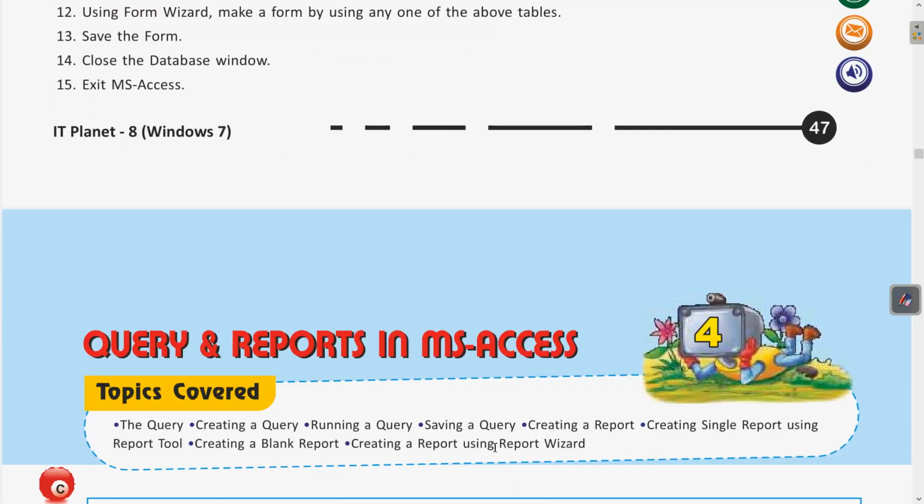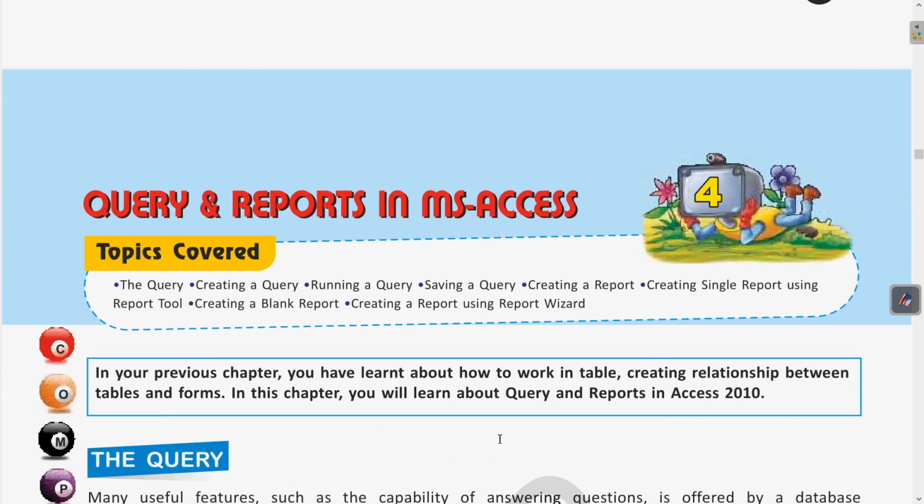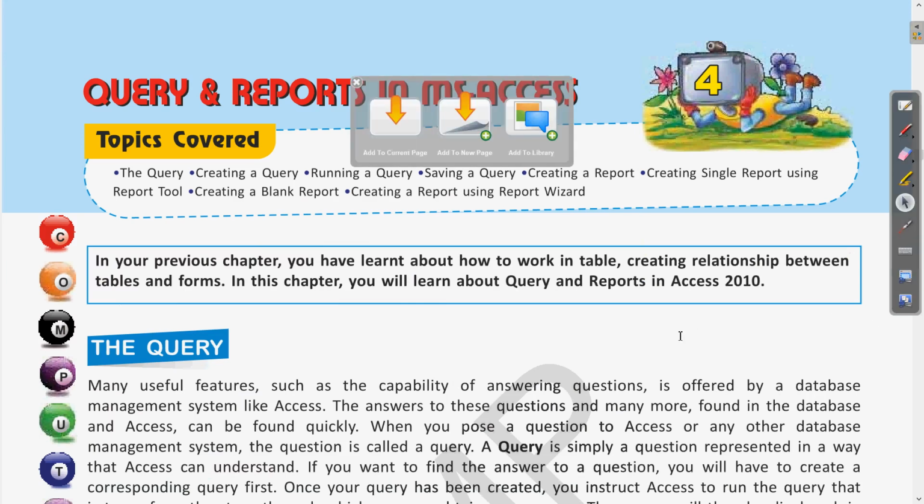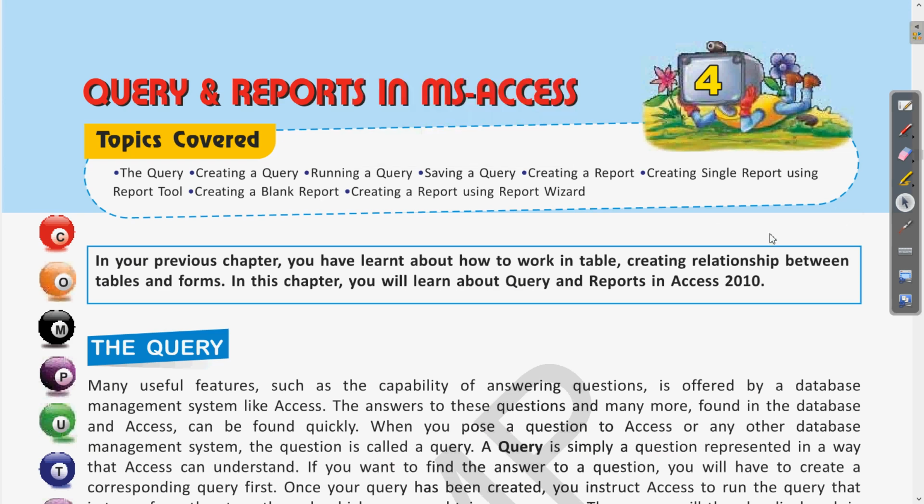Now today we are going to start our next chapter, that is chapter 4, and it is about queries and reports in MS Access. Clear? So before this we have seen the concept of form in MS Access, how we can use the form, what different approaches we have seen, how to design the form using the form wizard, and also how to format and apply themes in these forms. Clear? So in this chapter now we are going to see further things in MS Access. So let us start this.